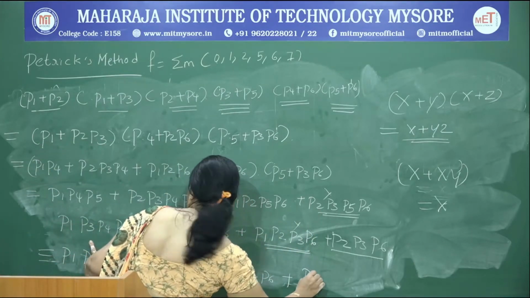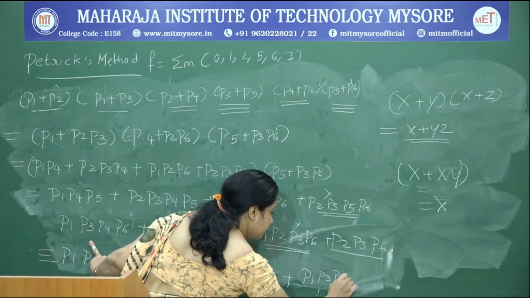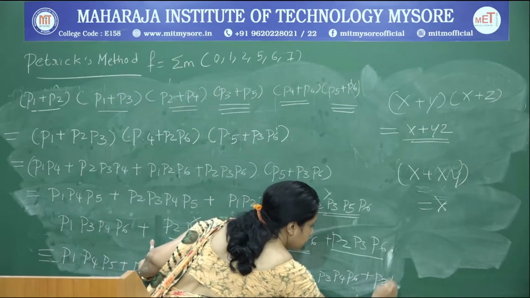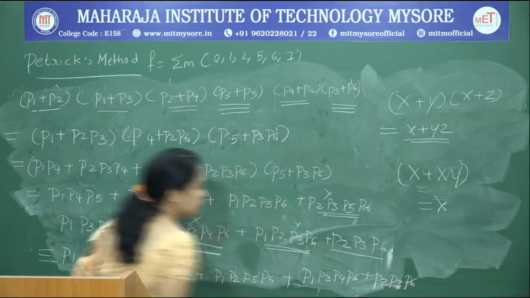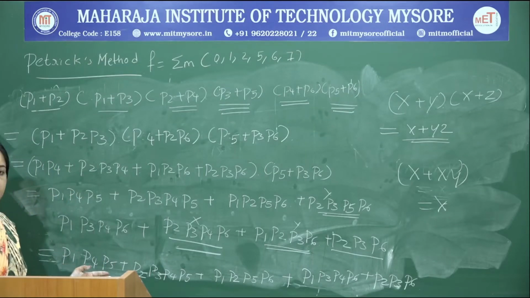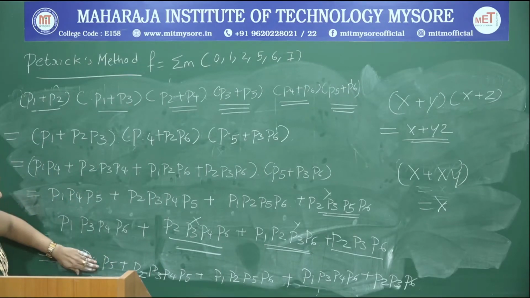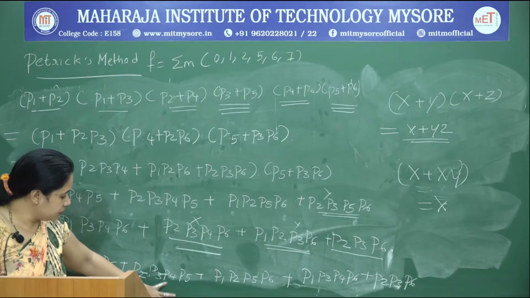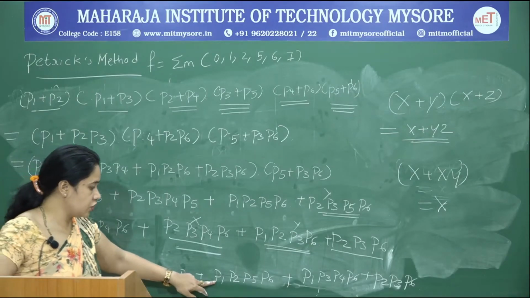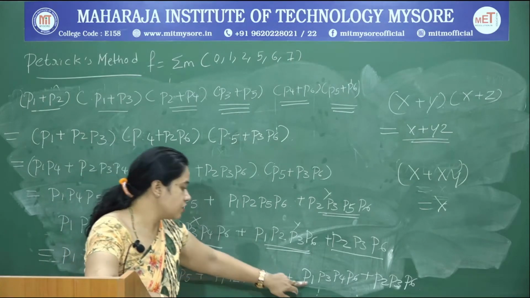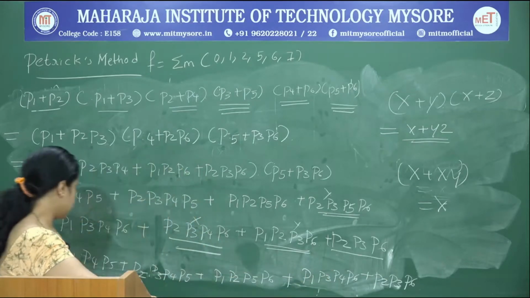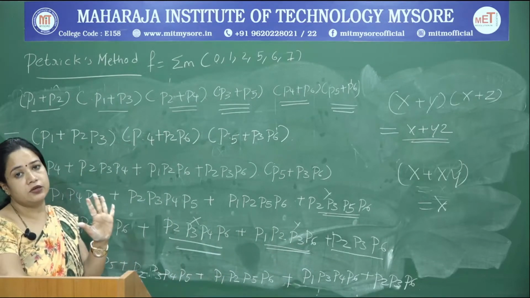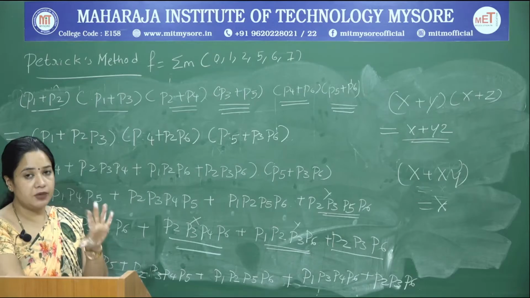So we have P1 P3 P4 P6 and finally P2 P3 P6. So you can just observe here, how many solutions do you have? P1 P4 P5 is one solution. P2 P3 P4 P5 is another solution. P1 P2 P5 P6 another solution. This is one more solution and this is one more solution. Totally you have 1, 2, 3, 4, 5 solutions. There are 5 possible solutions, but you will have to identify minimal solutions.